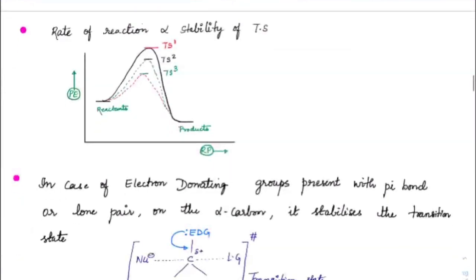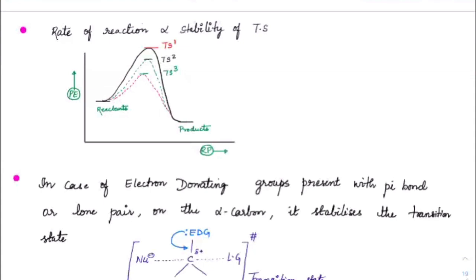Now, another factor which increases the rate is its transition state. If there is any group which is stabilizing the transition state, it will always increase the rate. There may be multiple routes through which the transition state can go towards products, and the one with the lowest transition state is the route it will adopt, because it is a kinetically driven reaction. So SN1 and SN2 are always kinetically driven reactions.